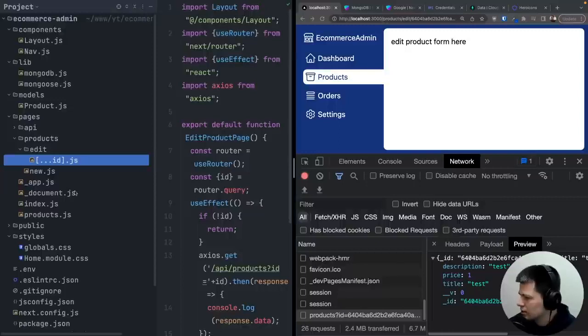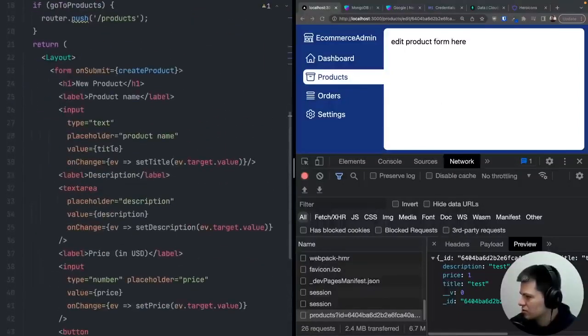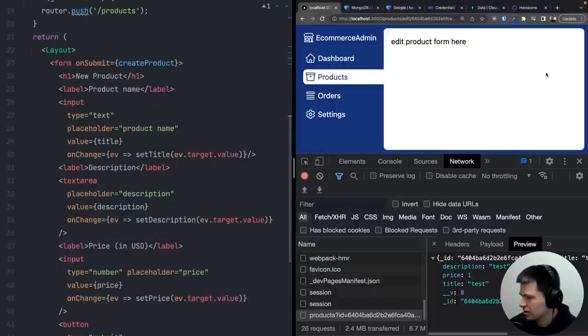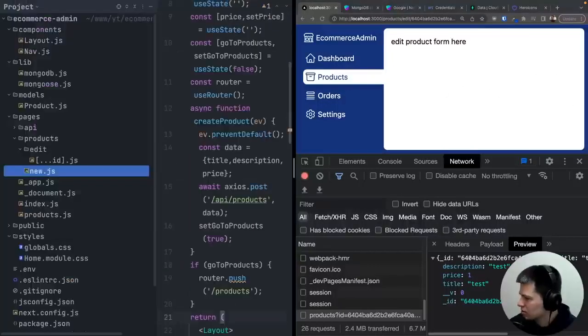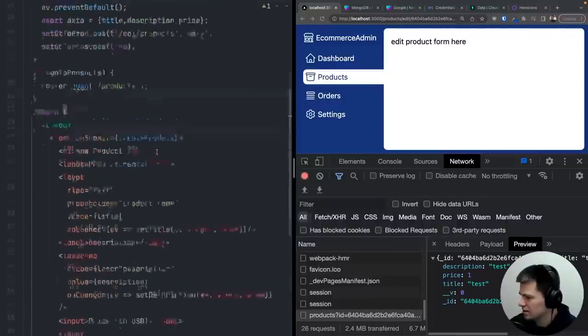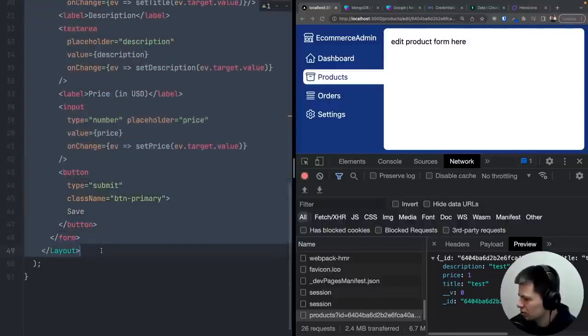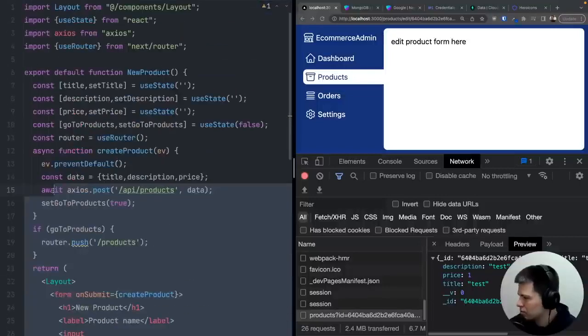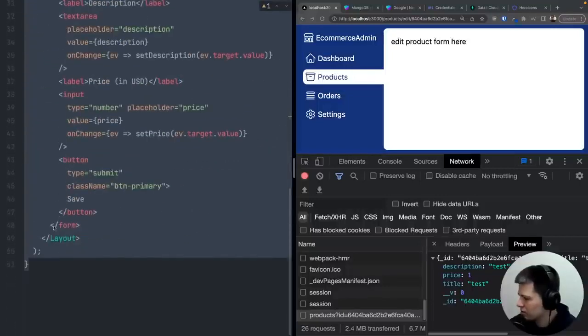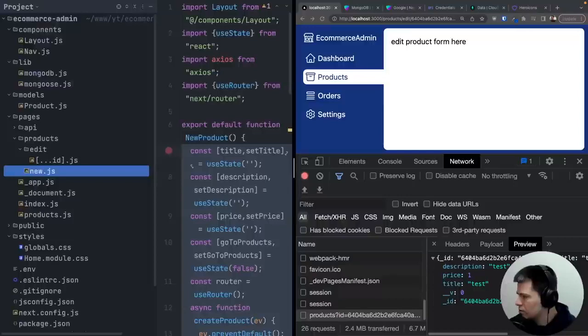Right, so now we can actually show the form, probably the same form that we have for a new product, so we can edit an existing product. So inside new product, products new, we have this form here and state and everything. So I think we can just move it. I can just copy this like this, maybe even including, no, I don't need the whole function. I will just grab this return and all the states, and I will create a separate component for this, and I will call it